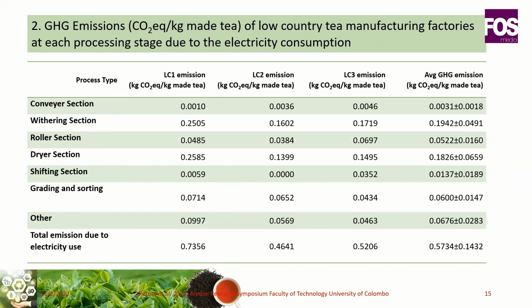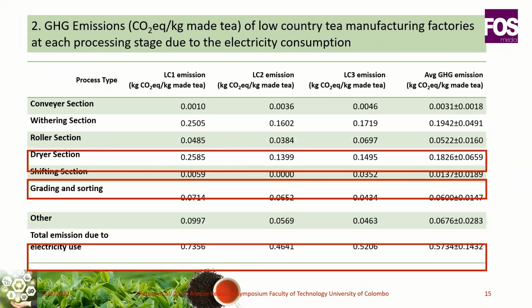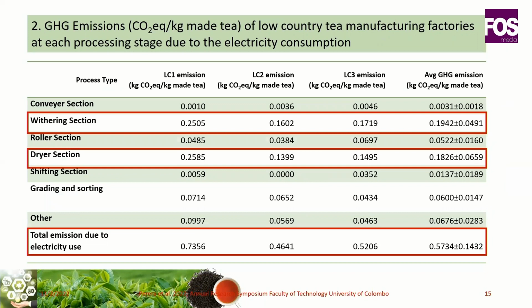For the second objective of greenhouse gas emissions of low country manufacturing process, the highest greenhouse gas emissions were recorded for the electrical consumption at the stages of withering and drying section as those were recorded as the highest consumption stages. According to that, the total emission due to the electricity use was recorded as 0.5 as an average for all three factories and also here factory 2 was recorded as the lowest